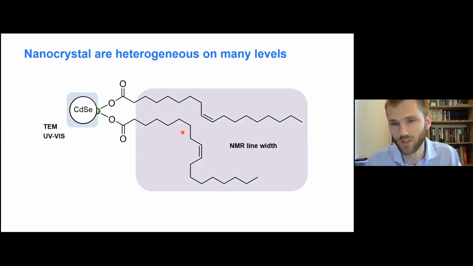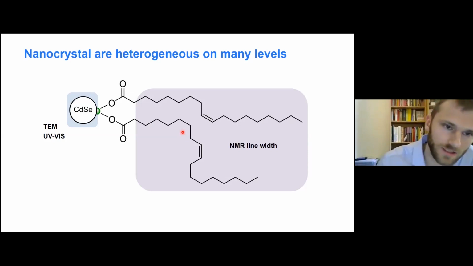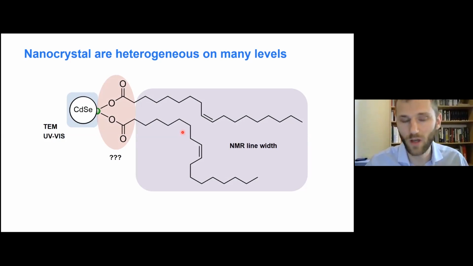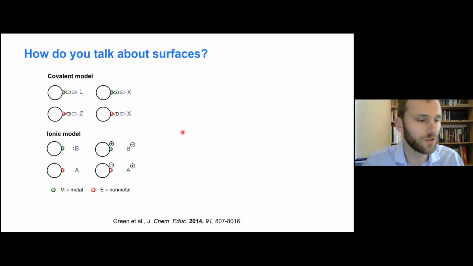Then what we just talked about is heterogeneity of solvation of the ligand shell, and that's something that we can probe with the NMR line width. But there is something in the middle here, which is actually the binding of the ligands to the nanocrystal. And that also has heterogeneity associated with it, but it's very hard to actually get information on that. And that's what we're going to do right now. But before we do that, I have to introduce a little bit of the language that we need to talk